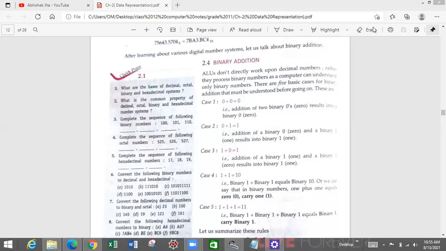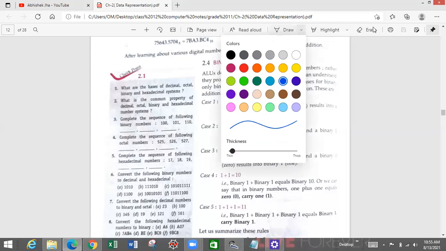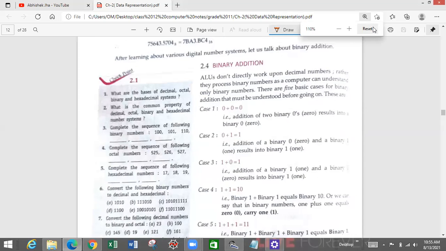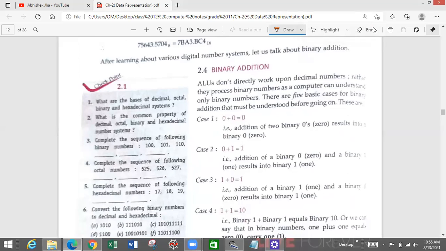So the very first topic, students, that we are going to study today, it's binary addition. And binary addition is one of the fundamental operations which are done in computers. And you will be surprised to know the binary addition is the only operation which is known by computer. Apart from knowing binary addition, a computer does not know any other thing. Now you must be surprised, like if it doesn't know addition, then how it handles multiplication, subtractions, divisions, power, exponent, logics, and many other things. So somehow every operation is dependent on binary addition.